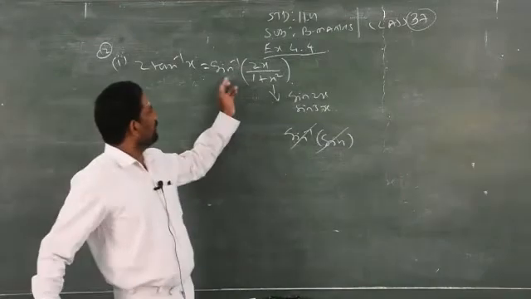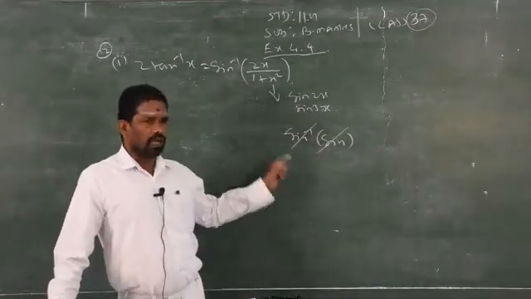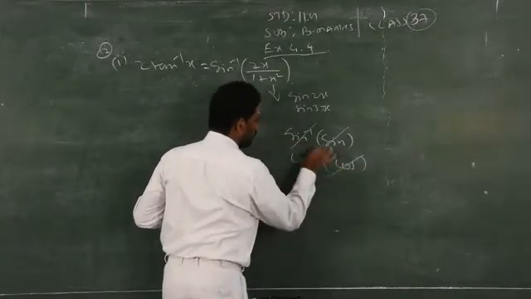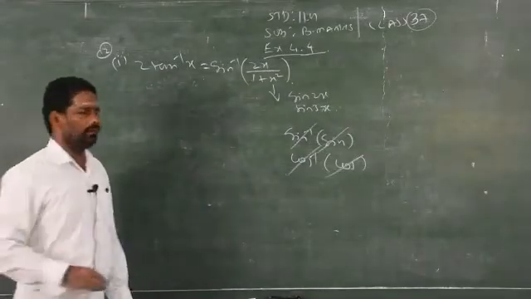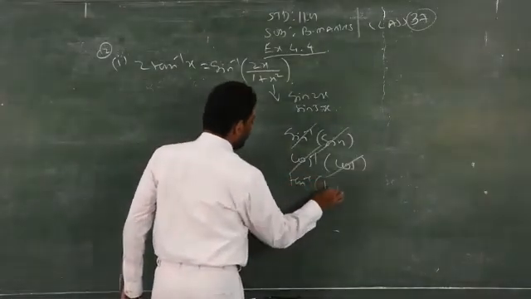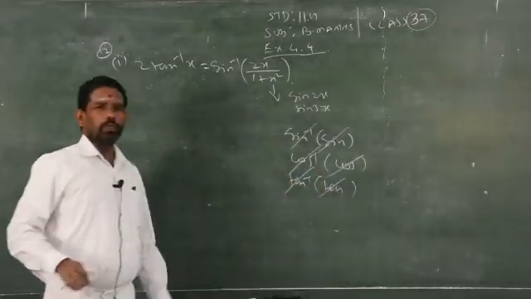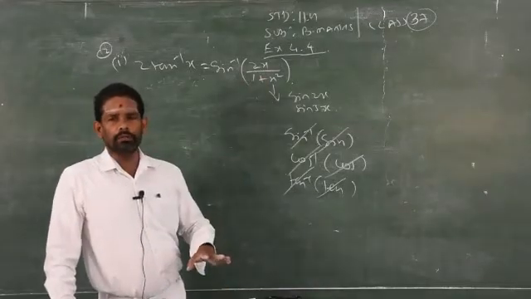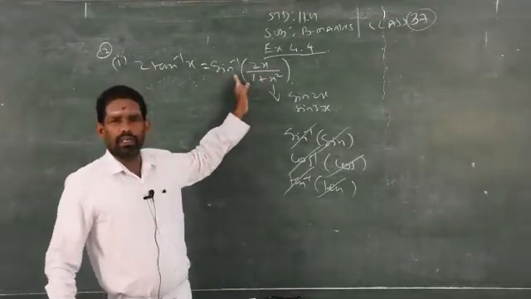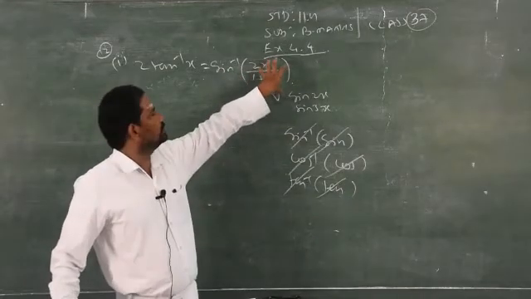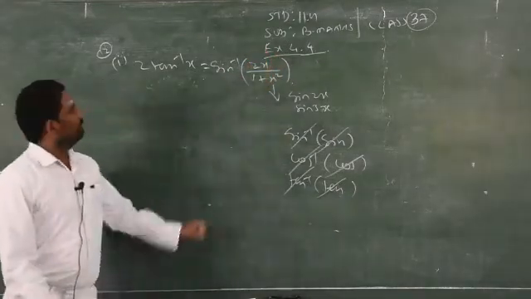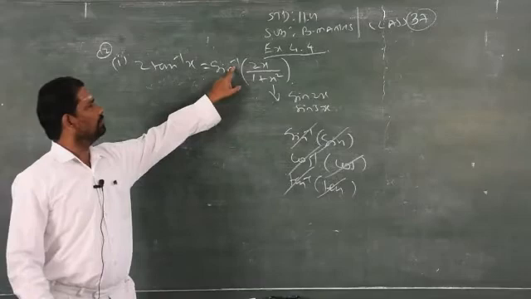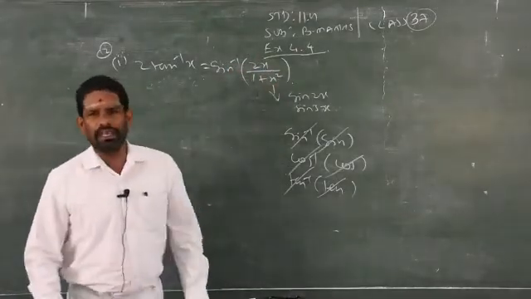To eliminate the sine inverse, you must have sine. If it is cos inverse of whatever is given, you try to bring it into cos format, then cos inverse cos will get eliminated. Similarly, the tan inverse of tan. So your aim is to bring the inside in terms of what is given outside. If sine inverse is outside, it should be only in terms of sine. If cos inverse, only cos. If tan inverse, then convert into terms of tan.